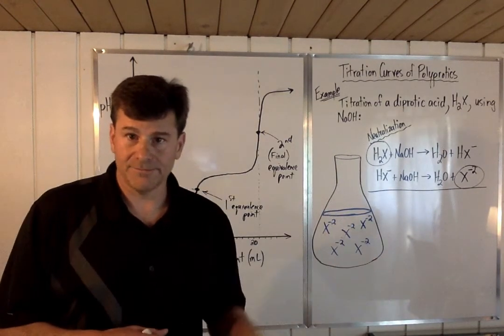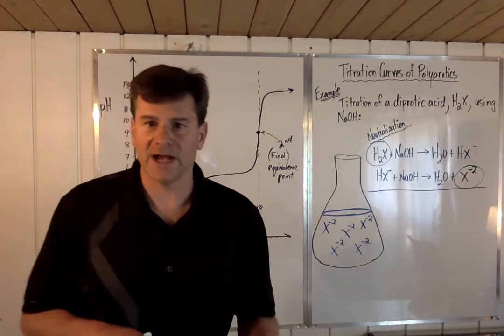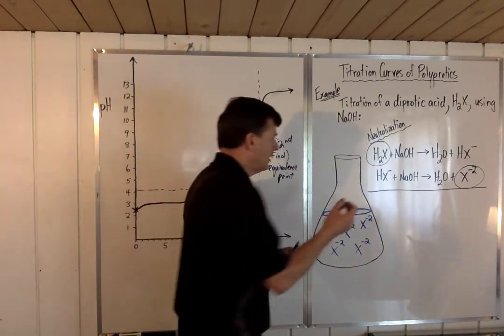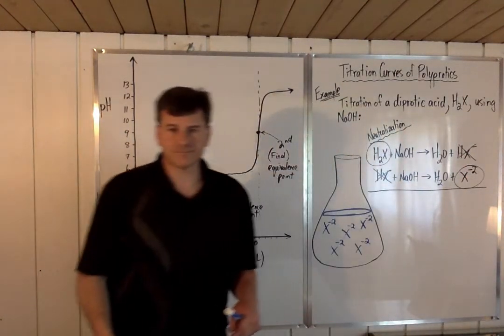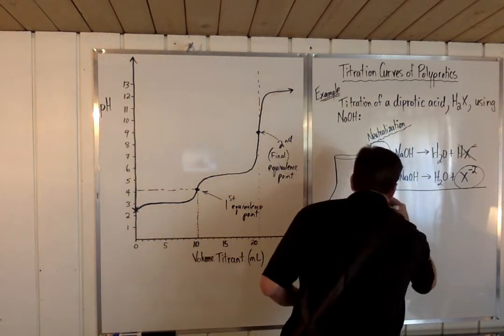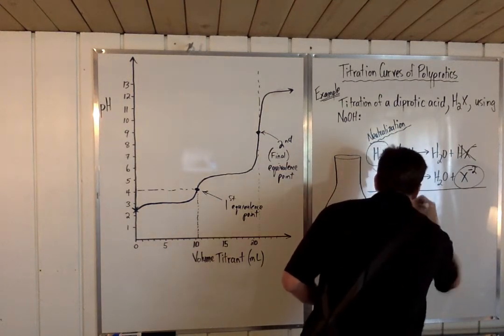Well, do the math on this, and think back to your reaction mechanisms way back at the beginning of the course. HX right here and HX right here cancel, and it gives you an overall equation of H2X plus 2 NaOH